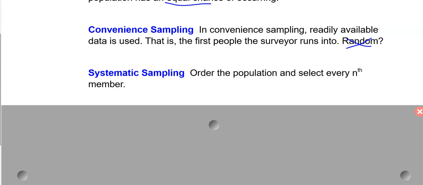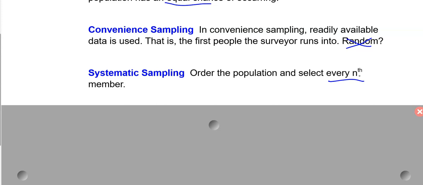Systematic sampling is not bad. Let's say we're all going to a school assembly in the gym. I could stand at the door, and every 10th person systematically, every 10th person that comes in, I would ask them a question: what's your favorite band?